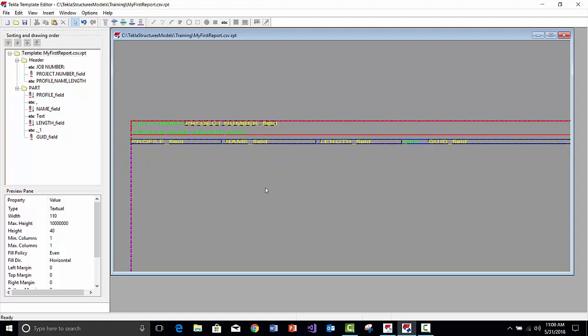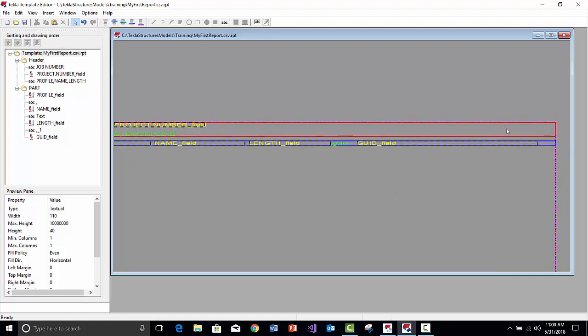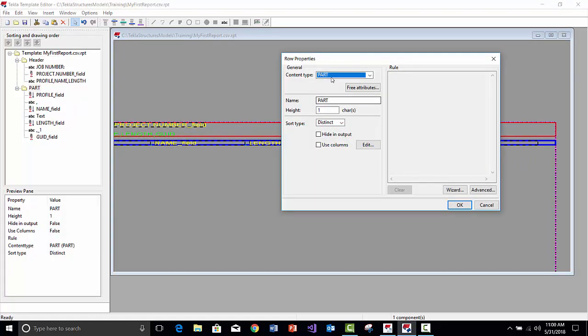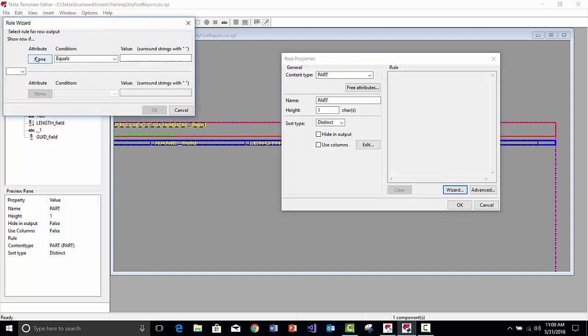Now let's say that I actually wanted to do some rules here on this row, so that I want to filter out and only find certain things. So if we double click on the row properties here, there's this wizard and advanced option, and then there's a rule box. Now it's currently empty by default, but if we go to wizard here,